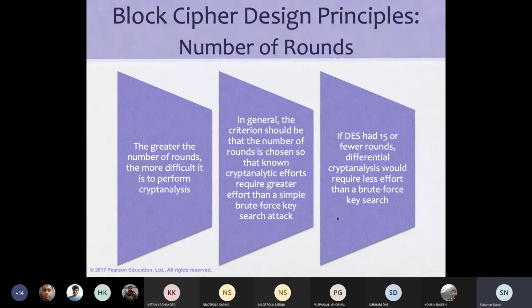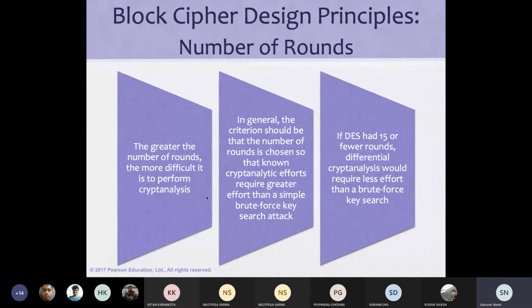What we got from the basic design principle is that if we increase the number of rounds, it is good, but we have not discussed it here in detail. In differential cryptanalysis and linear cryptanalysis, specifically differential cryptanalysis, if the number of rounds is small, it is very easy to break, and they are able to break it. 16 rounds make it a little difficult, as the avalanche effect comes in well, so they are not able to break it easily.